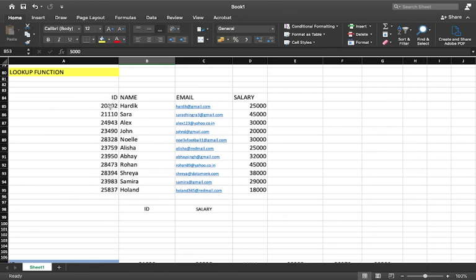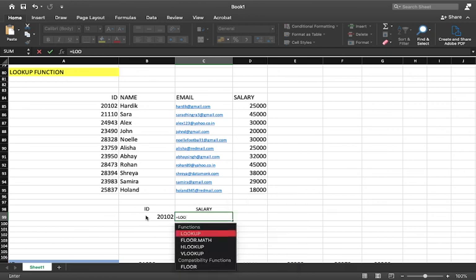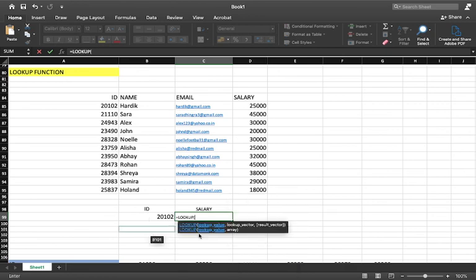For example, I'm looking for this ID 20102. I'll use my LOOKUP function here. I'll write LOOKUP. If you see, you have two options. Either you can write a lookup value, lookup vector, which is the value you are looking for, and the result vector, or you can simply use your lookup value and the array.